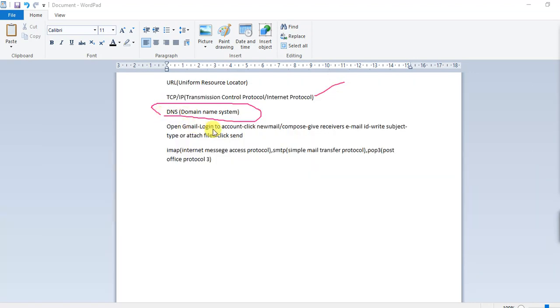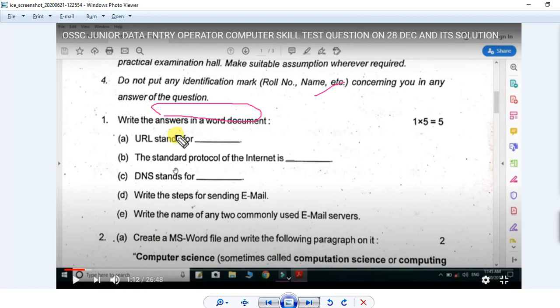You can simply write TCP by IP. You simply write in this way, you will also get marks.